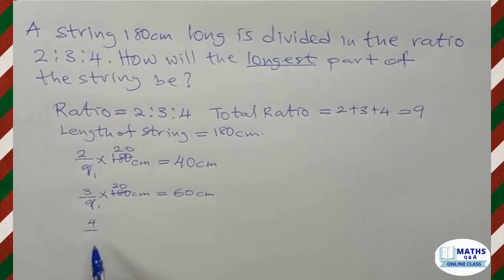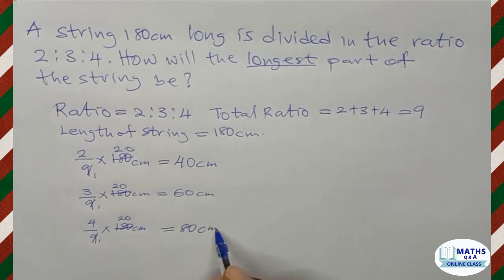So 4 divided by the total ratio, which is 9. Then we multiply by the length of the string, which is 180 centimeters. Let's break it down the same way. We have 20. Then 4 times 20 is giving us what? 80 centimeters. Now looking at the individual ratios and the corresponding length of the string that they all occupy, we